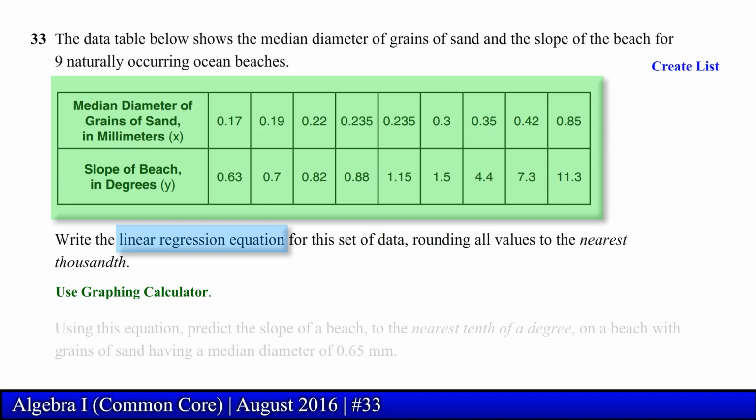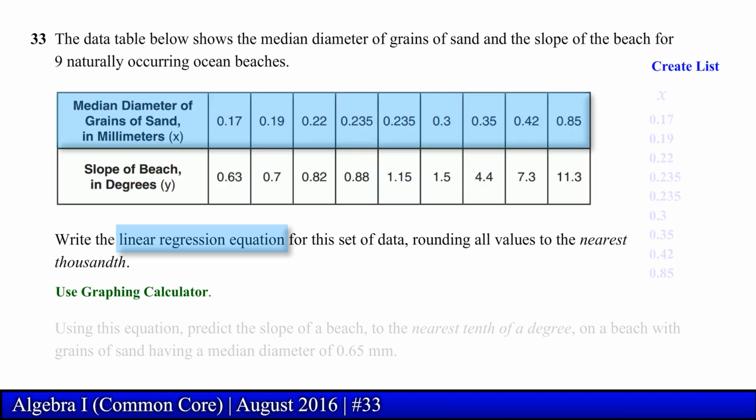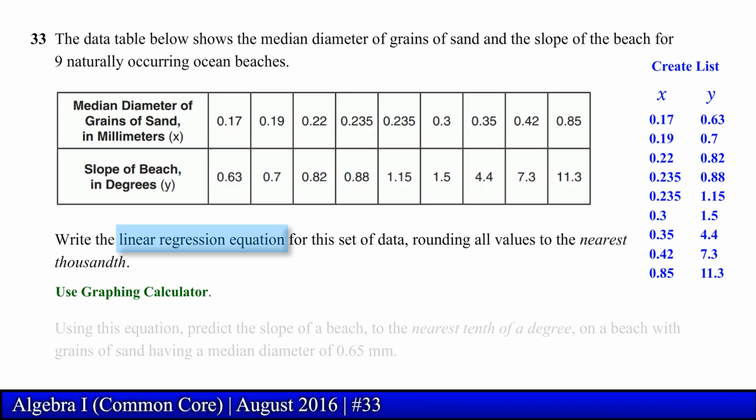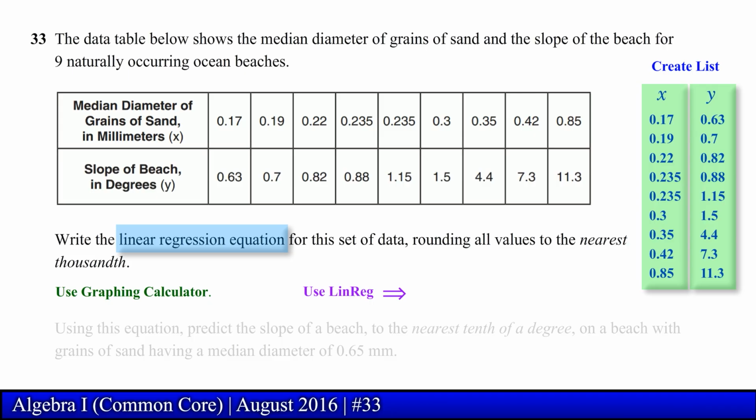The first step is to create a table or list with the first column representing the values of x, in this case, the median diameter of grains of sand in millimeters, and a second column representing the values of y, in this case, the slope of the beach in degrees. Once we input these two lists, we go ahead and use the linear regression program, sometimes referred to as linreg